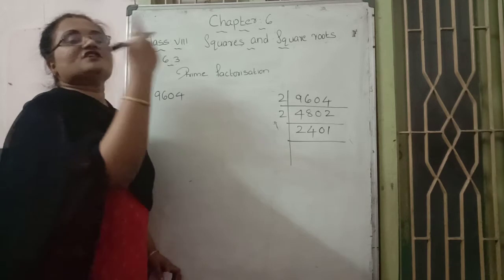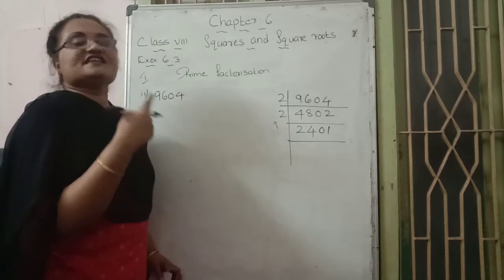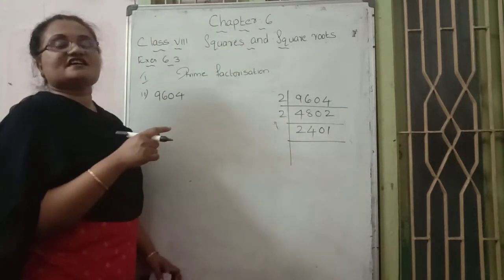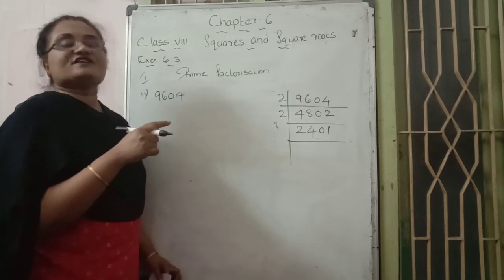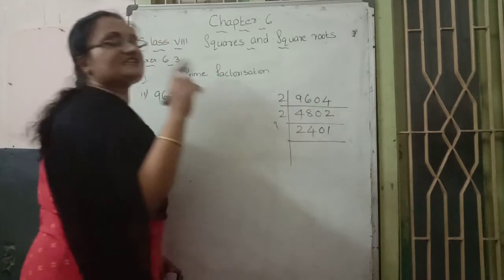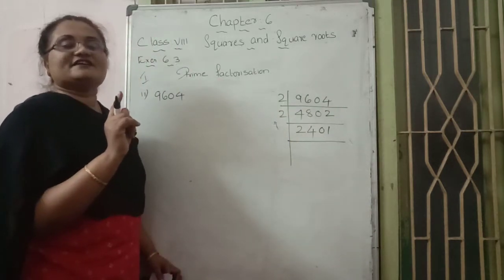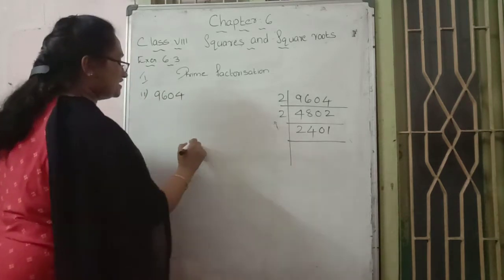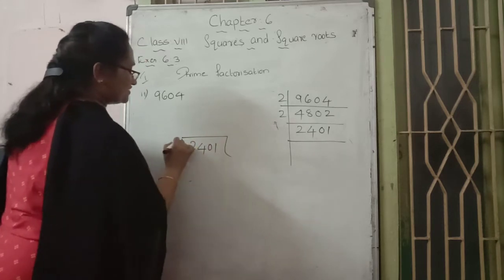That's why we go to the next prime number. Which is the next prime number? 5 is the next prime number. So 5 also is not possible. What is the reason? The unit place needs to be 0 or 5, then only can we divide it with 5. Here the unit place is 1. That's why prime number 5 is not possible. Next prime number is 7. So use prime number 7 and divide first.